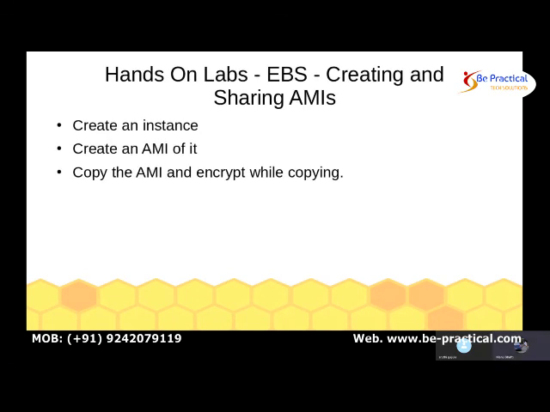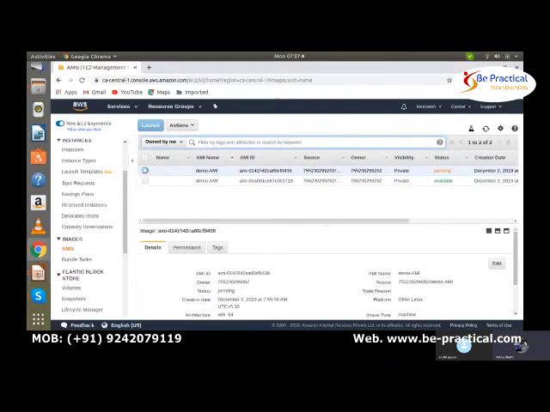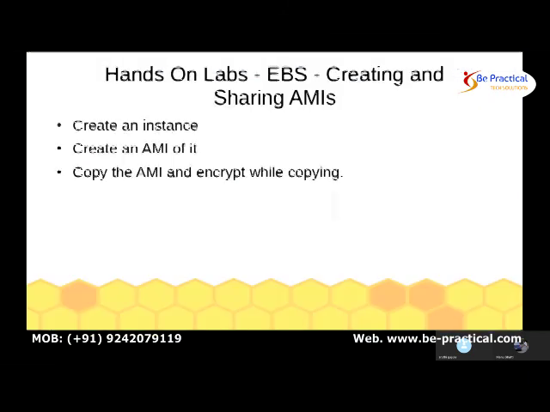So that completes our EBS. Now we have completed our VPC, EC2, and EBS also. In our next class, we are going to see elastic load balancing. It is called ELB. These are very important topics. ELB and auto scaling and these kinds of things we will be discussing. So in tomorrow's class, we will be discussing ELB, the elastic load balancer.